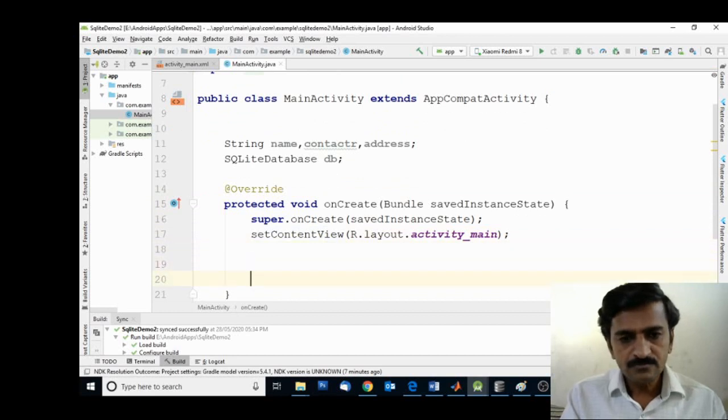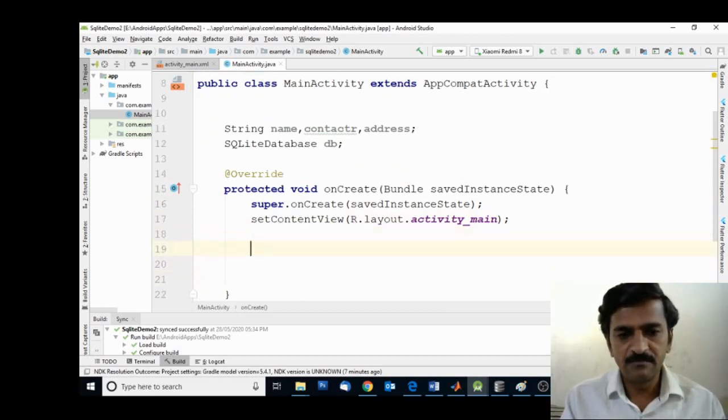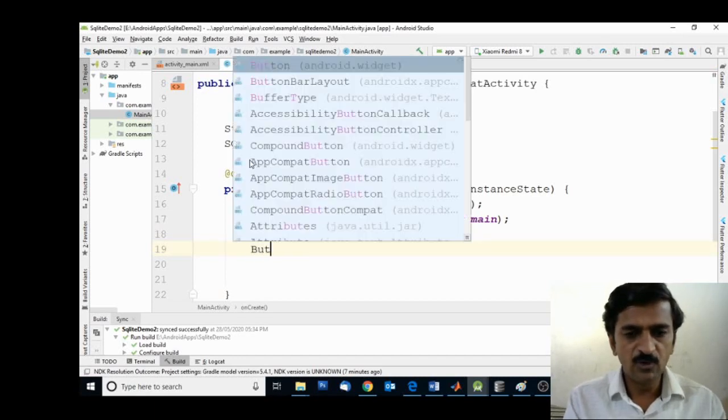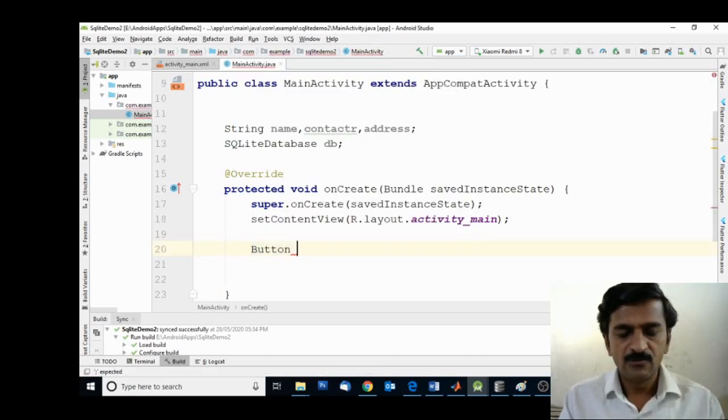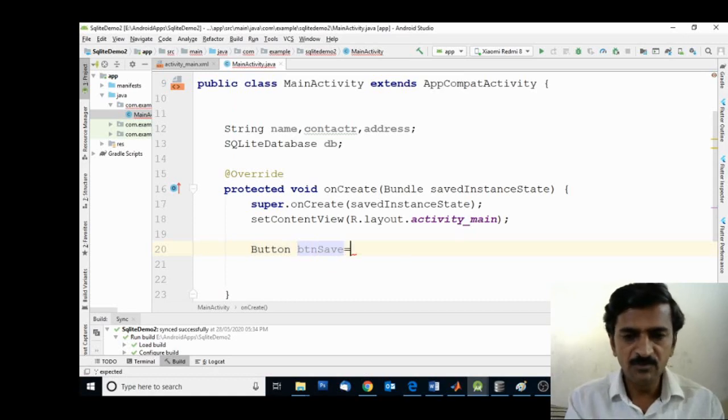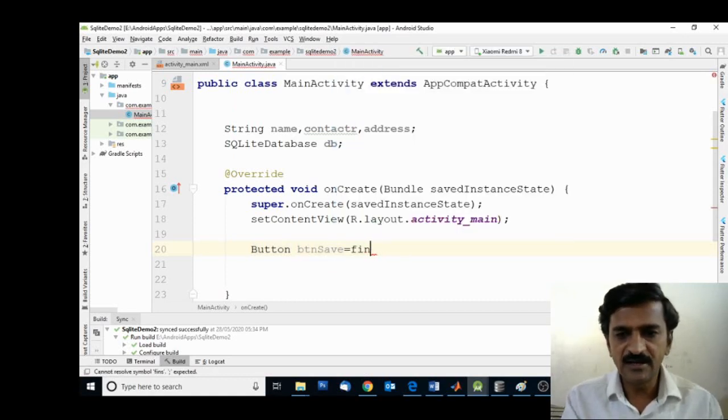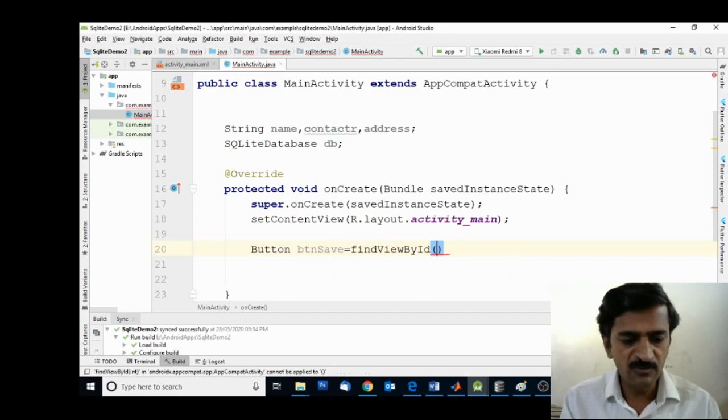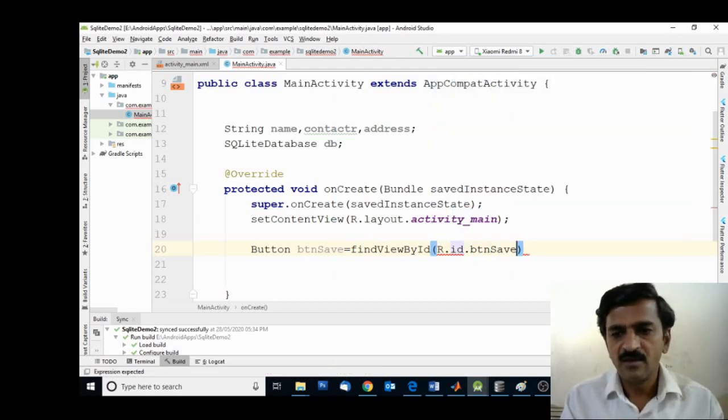Now once we hit the button, we are going to take the values which are entered into the edit boxes. So for that I'm going to create a button. I'm writing the click listener for this button, btn save. I'm giving the button name as btn save. Then getting the reference of that designed button, findViewById R.id.btn save.